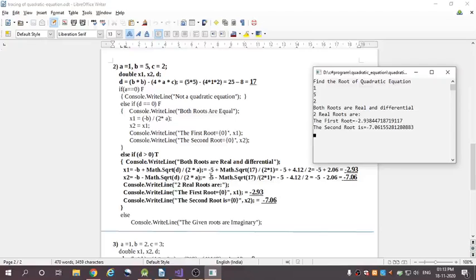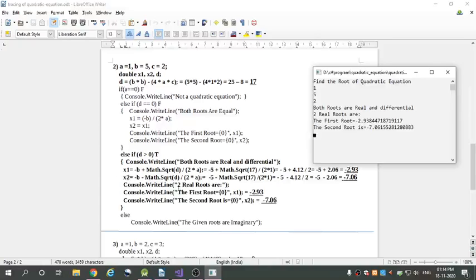You see here, instead of this plus we have taken minus, so minus 5 minus Math.sqrt in brackets 17, the square root of 17, divided by 2 into 1. 2 into 1 is 2 only, so minus 5 minus the square root of 17, which is 4.12, divided by 2. First we calculate this 4.12 divided by 2. The result of this is 2.06. So minus 5 minus 2.06, the calculation of this is minus 7.06, and that minus 7.06 will be stored in this